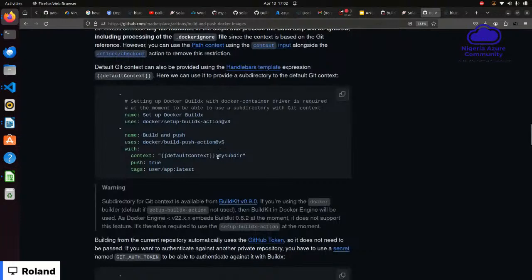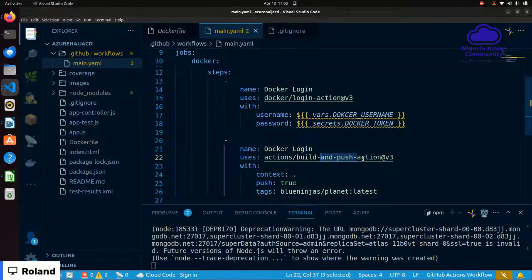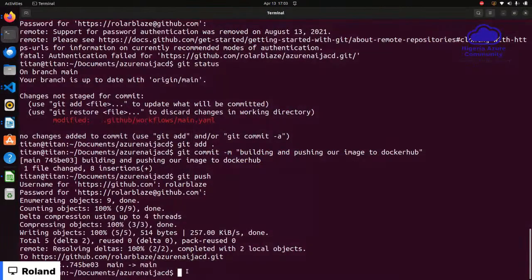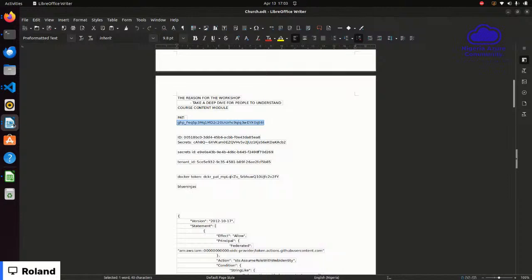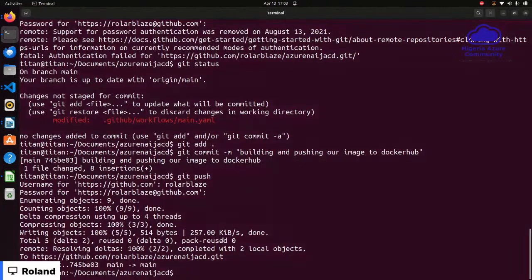If you come here, you will see that this is build push action, v5. But because I made the mistake here, it went into that repo and tried to look for whether this repository actually exists. Since it could not find it, it returns an error. So let's go back here and then